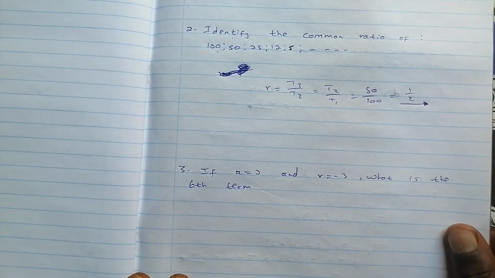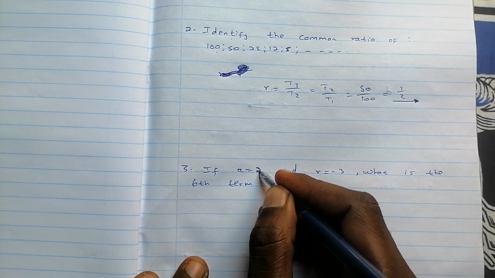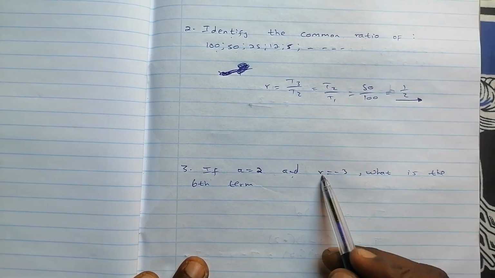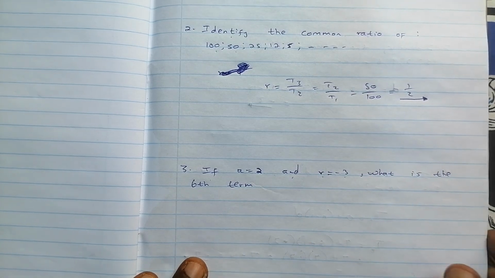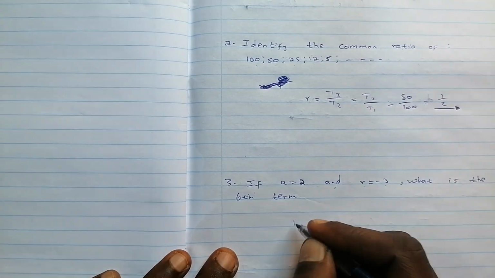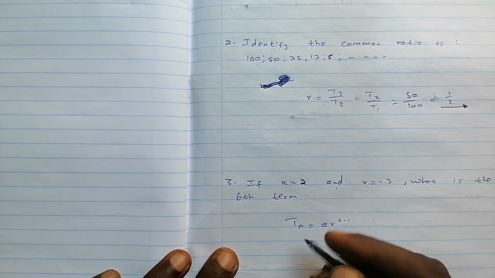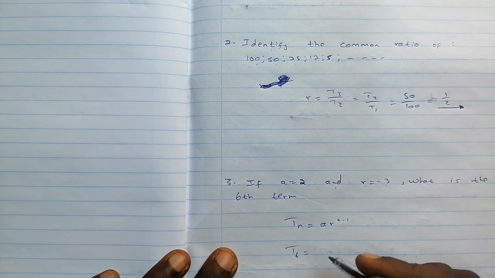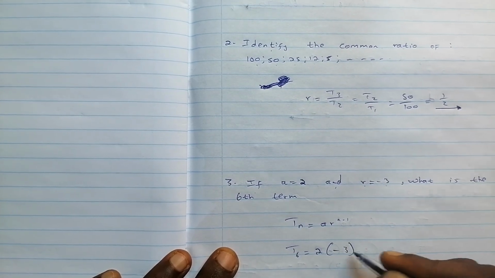The third question says if a equals 2 and common ratio equals minus 3, what is the sixth term? We're going to write our general formula first and then substitute the values. First term is 2, common ratio is minus 3, our